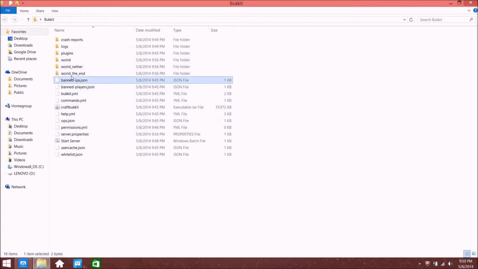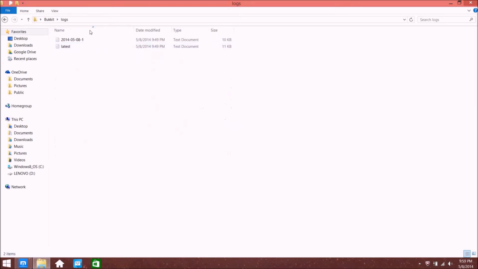And here these are the worlds. You don't mess with them unless you have a certain plugin that allows you to create more worlds, which is called Multiverse. And here's your plugins folder. Oh yeah, logs. Remember, it creates